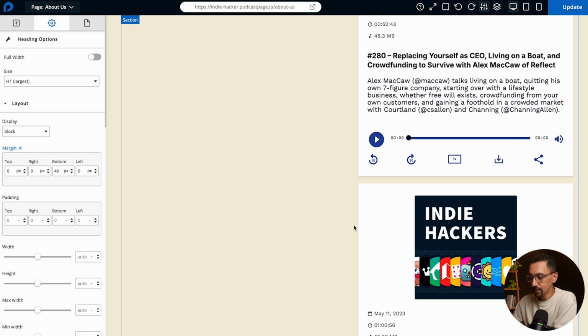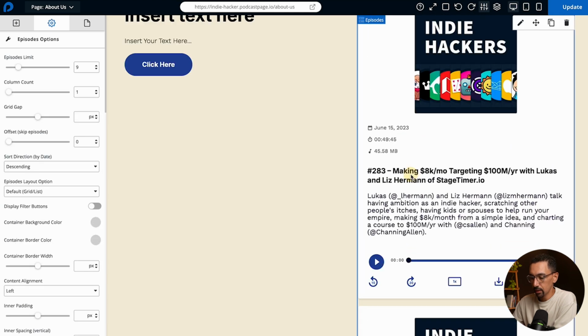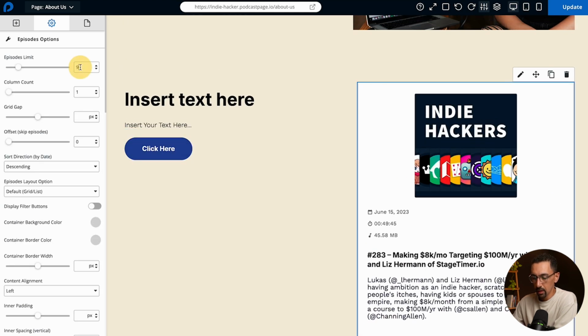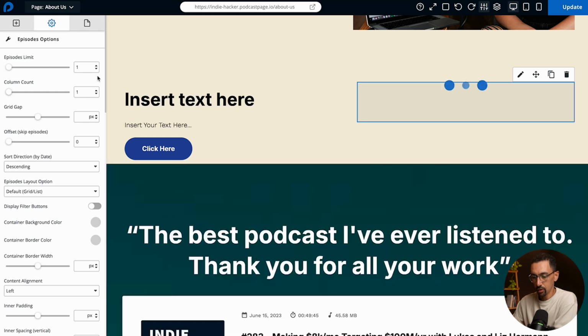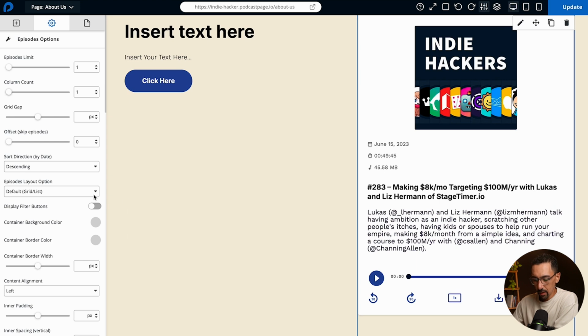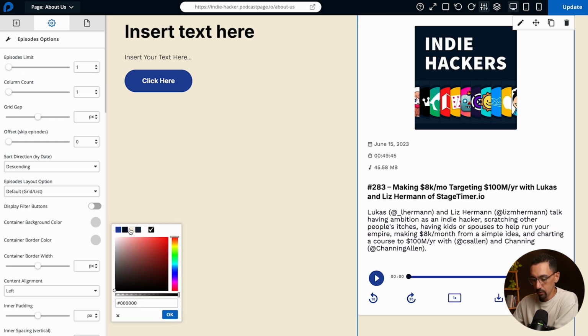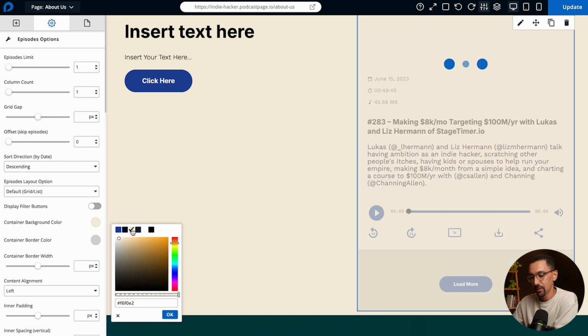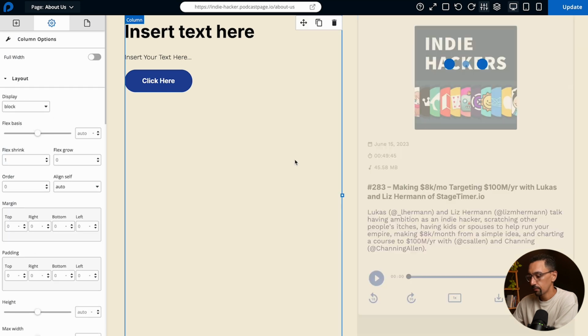Now we're going to customize this a bit. On this section, I am going to do a few things. The first thing I'm going to do is just change it to 1 episode, so it shows the latest episode on our podcast. Then from there, I'm going to change the background color to be the website background color, so it just flows